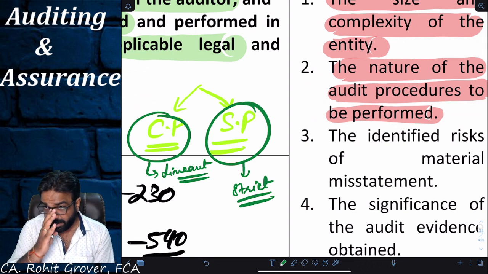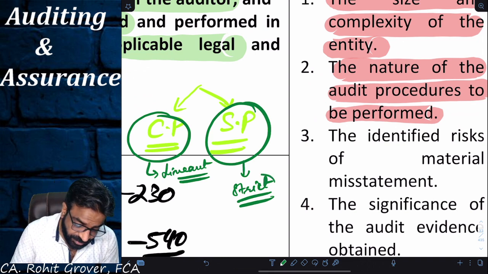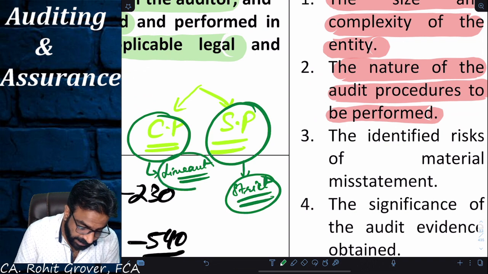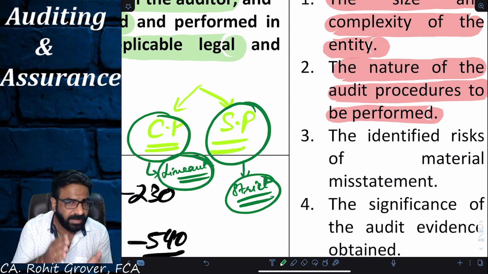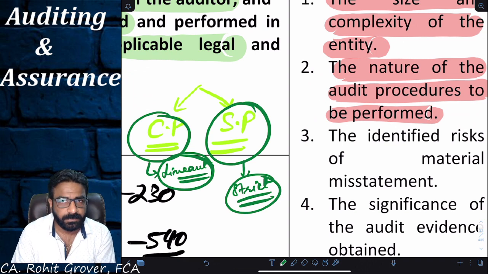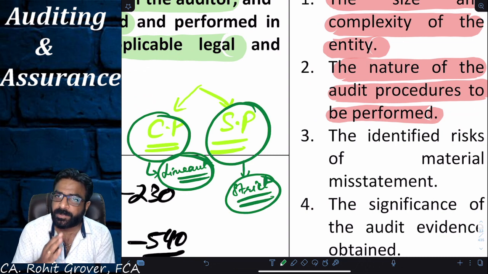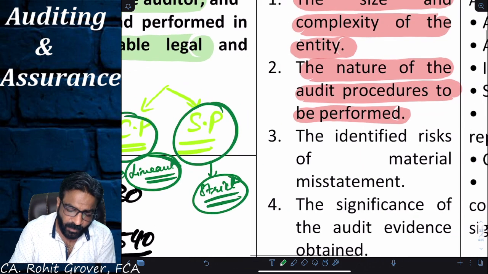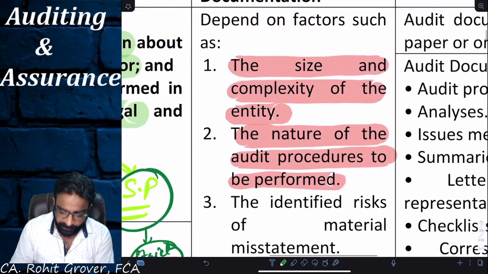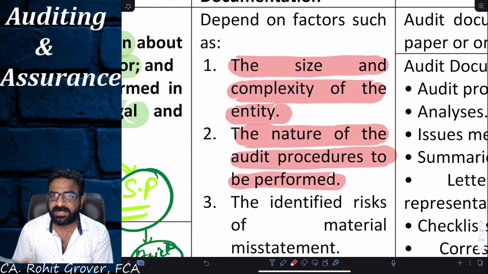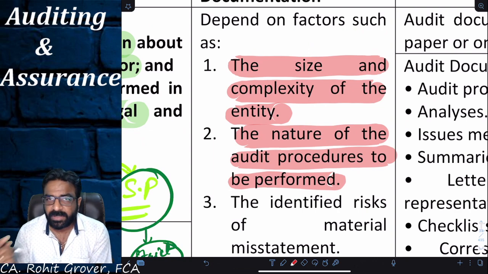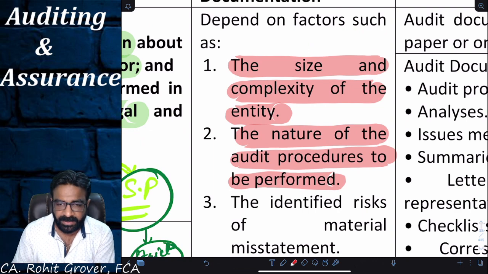Poor. So my question is, if I'm going strict on my client and if I'm going lenient on my client, where is my audit evidence collection going to be more? In case of the strict way of doing the audit. And my audit evidence collection will be less in case of what? The lenient approach. So what kind of audit procedures I'm performing at my client's place is also one of the reasons for what my audit documentation is going to be.